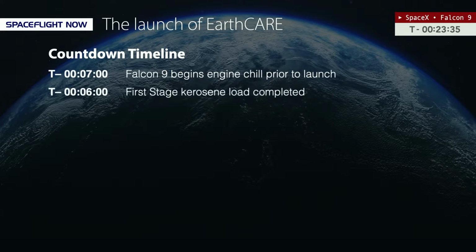About 6 minutes before liftoff, the first stage kerosene tank is full. Then at T-minus 4.5 minutes, the strong back retract sequence begins. It starts with the clamp arms underneath the payload fairings opening up, and then the transport erector at the strong back will recline about